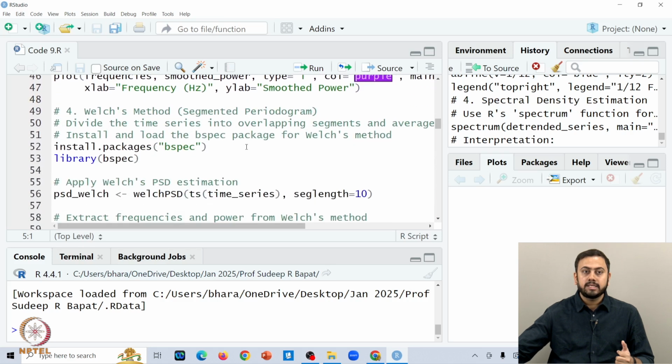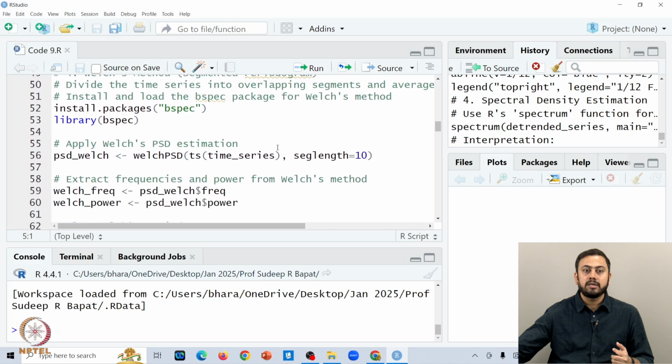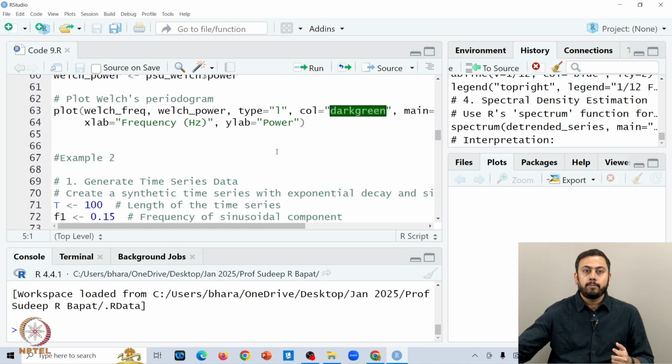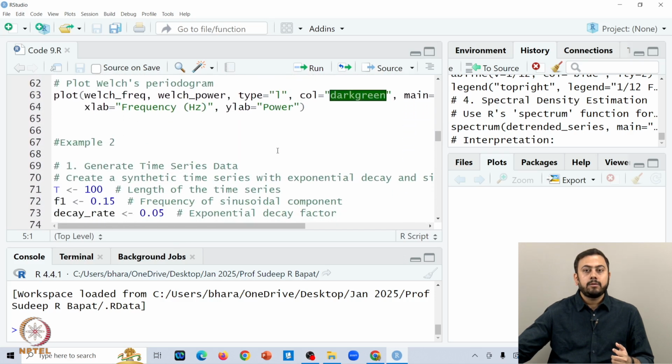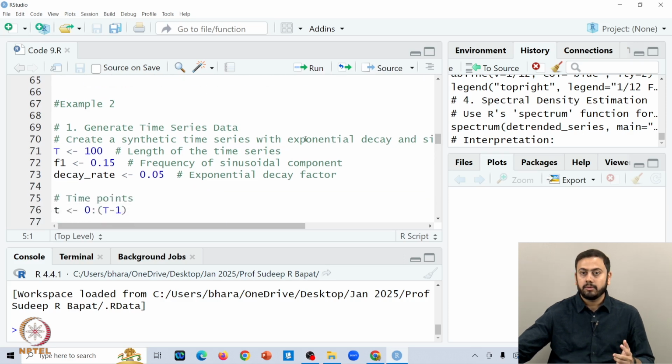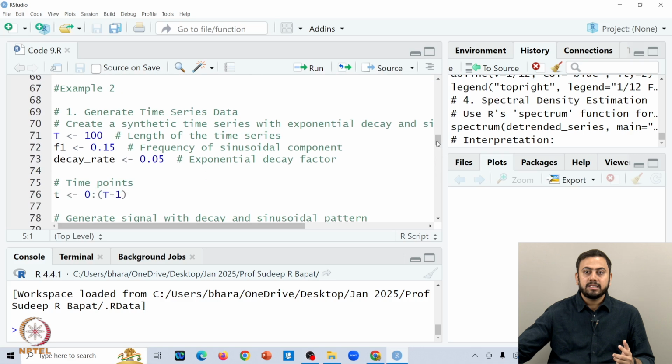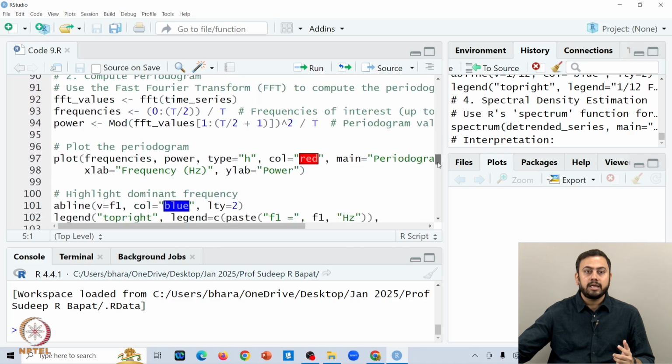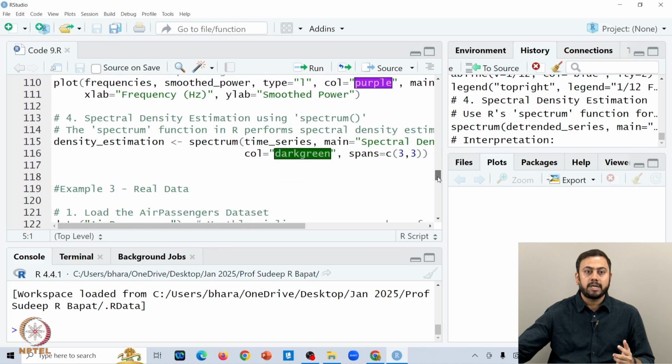And then, if you remember, we discussed Welch's method last time, so we will implement Welch's method very quickly, and then see how to plot it. And now we pay attention to the second example. The second example is generating slightly different time series data with different frequencies. Okay. And the very last example we will deal with today would be an actual real data example, a practical data example.